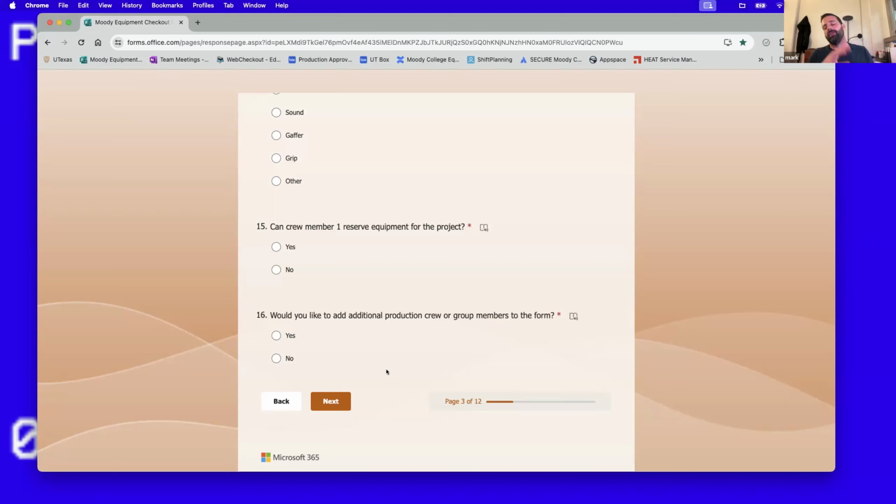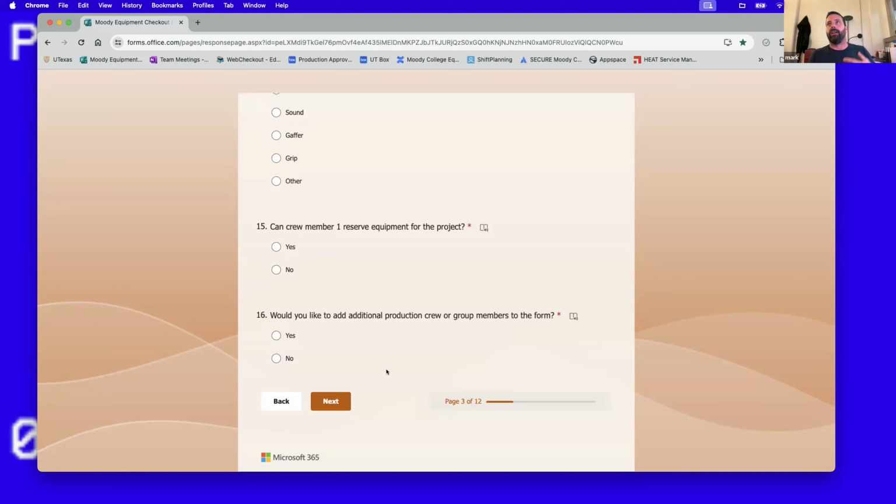Oh, I'm sorry. So this form, once it's done, and you click through everything and finish it, will be routed directly to the faculty member of the course, and that faculty member will use DocuSign to sign the form and say, okay, this is all on the level, they're really part of the class, they're really reserving something. And when I get that form completed and signed, then I'll start